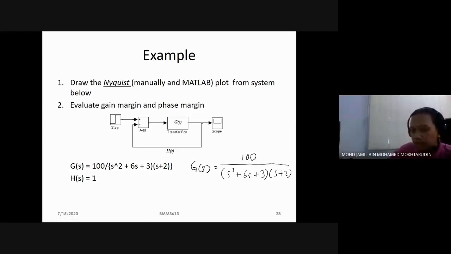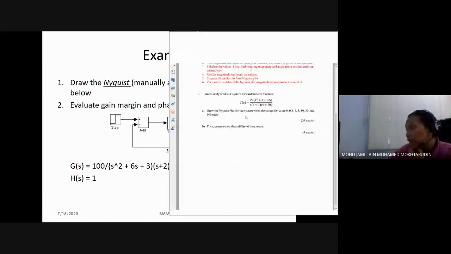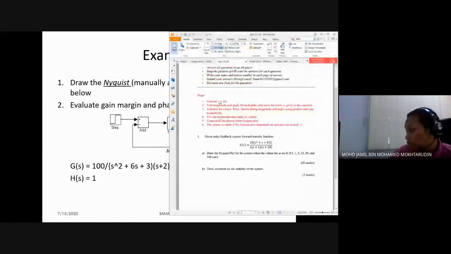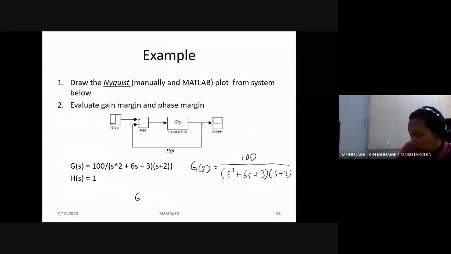If you look at your quiz, I already listed down the steps. The first step you need to do is to convert s equals j omega. Okay, so this will become